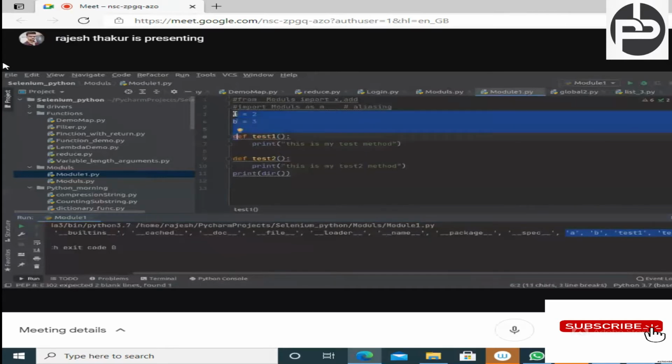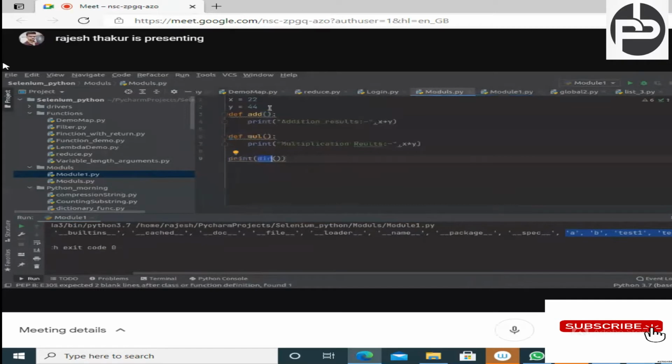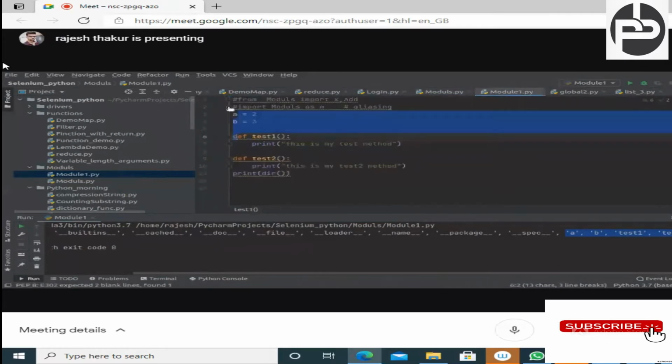Now let's suppose we have one modules.py, and in that modules file we have x, y, add, multiplication, these things, right? Let me comment this as well. If you want to access this x and y from the other module, what you have to do is import modules, which is just for aliasing purpose, nothing else.